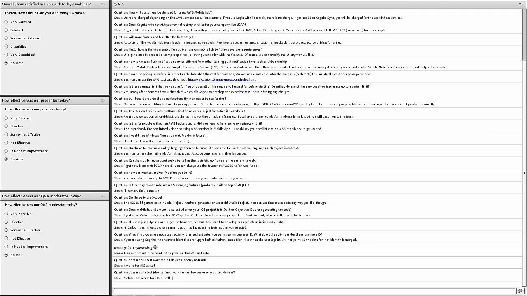Okay, so we're going to do one last question. Isaac's asking, are there any plans to add DynamoDB integration? And as I mentioned earlier, the Dynamo functionality is part of the SDK that's provided for you.